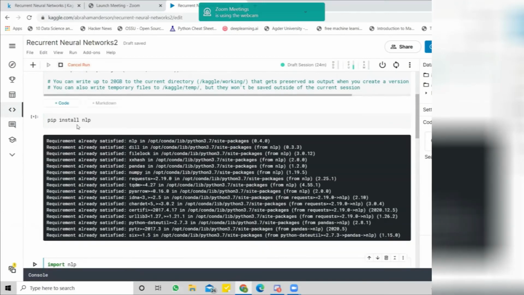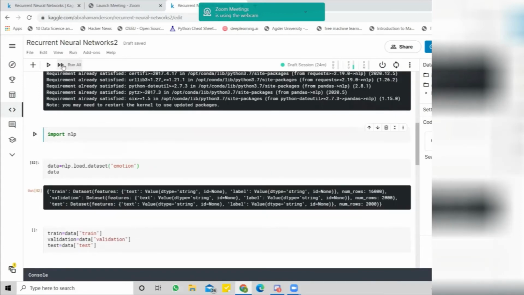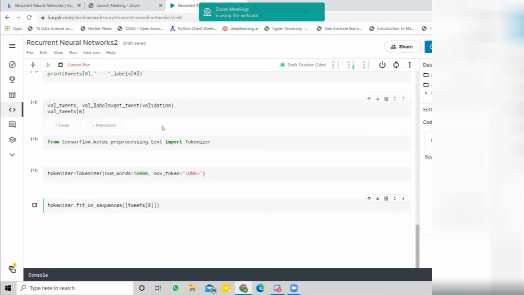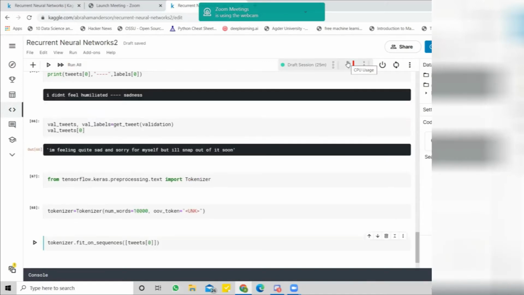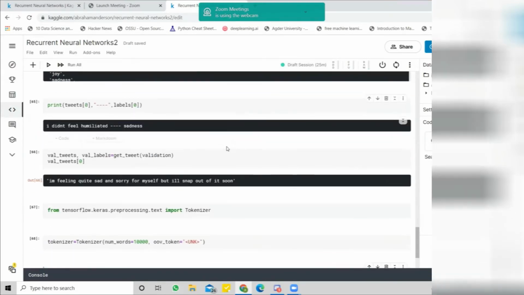I have to restart the kernel, so let's run all of them. It took a lot of time. As you can see, the CPU is very busy now. Let's wait to see the results. So it works here.